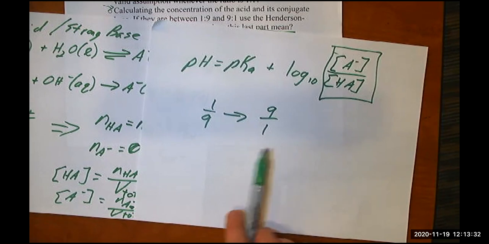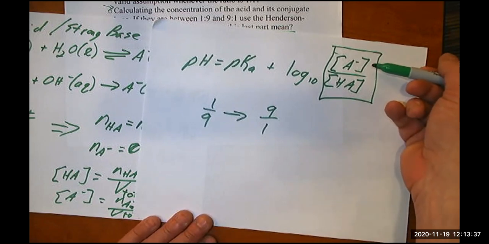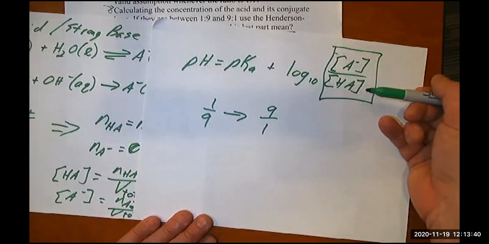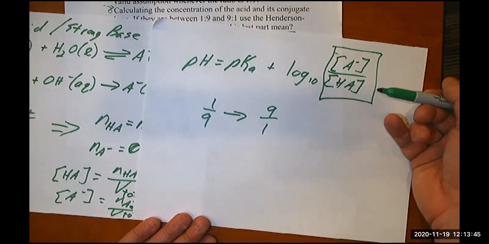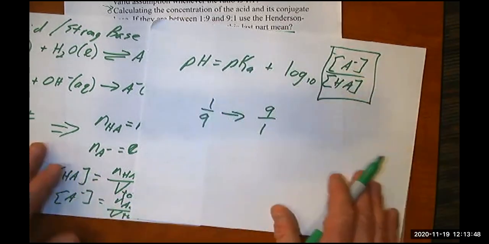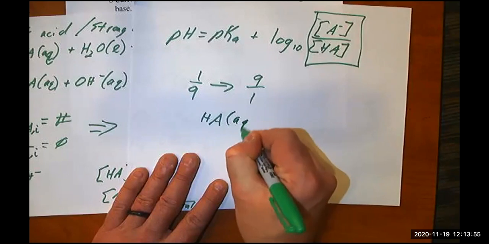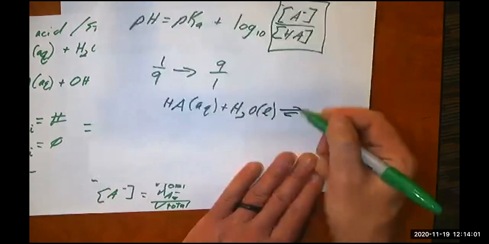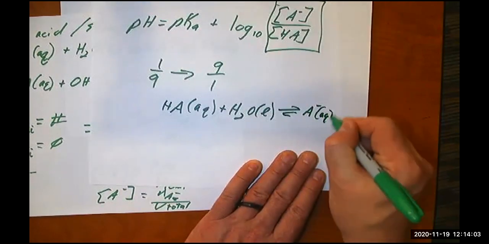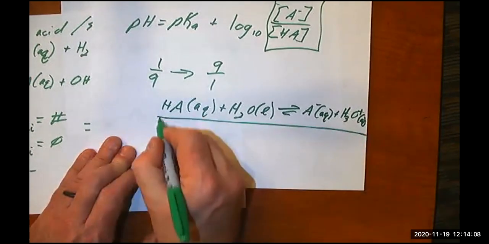If you are outside of that range, so if the A minus concentration is 1% of the HA, or vice versa, something like that, then you need to use an ICE table, because the Henderson-Hasselbalch equation makes an assumption. The Henderson-Hasselbalch equation says for our equilibrium, HA aqueous plus H2O liquid in equilibrium with A minus aqueous plus H3O plus aqueous. If we do this as an